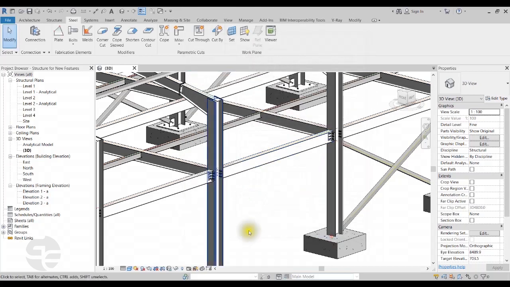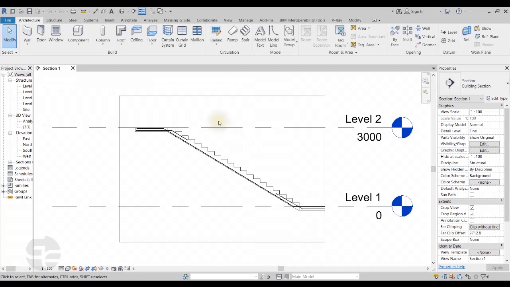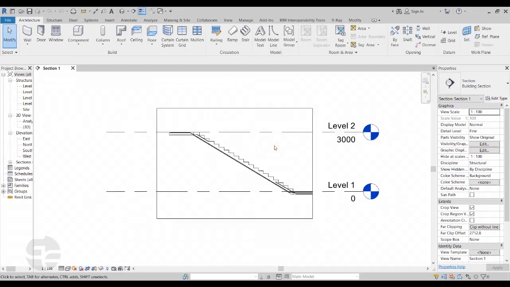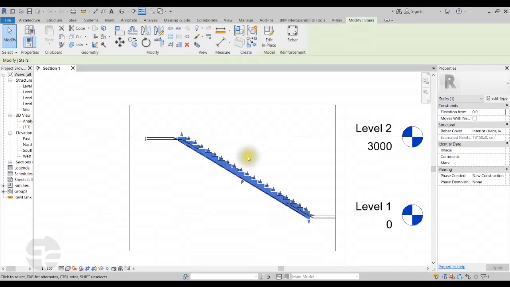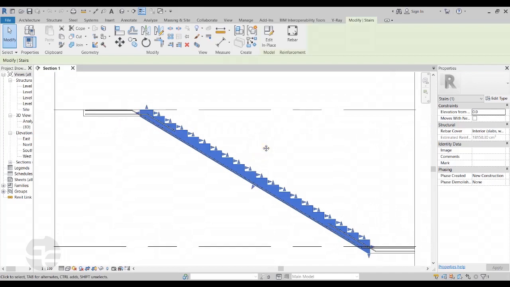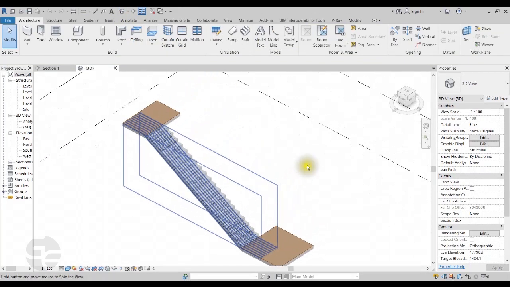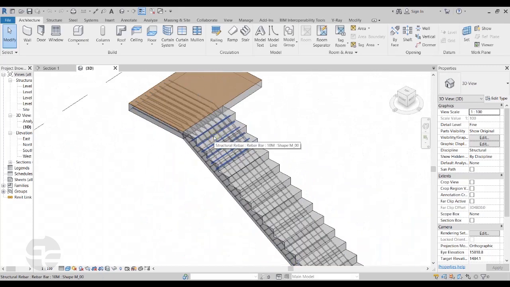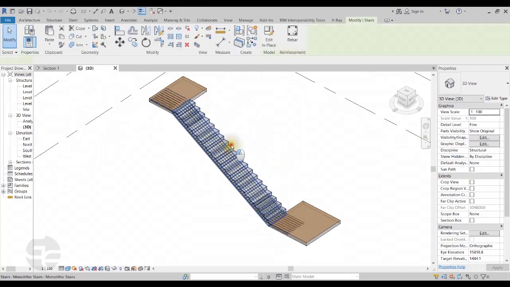Now the next enhancement in the list is how we can add rebars in the InPlace Stair family. Here in this model, we have already modeled an InPlace Stair family, and we can see that rebars have already been modeled. If I select this staircase that has been modeled in place, which we can check from here,